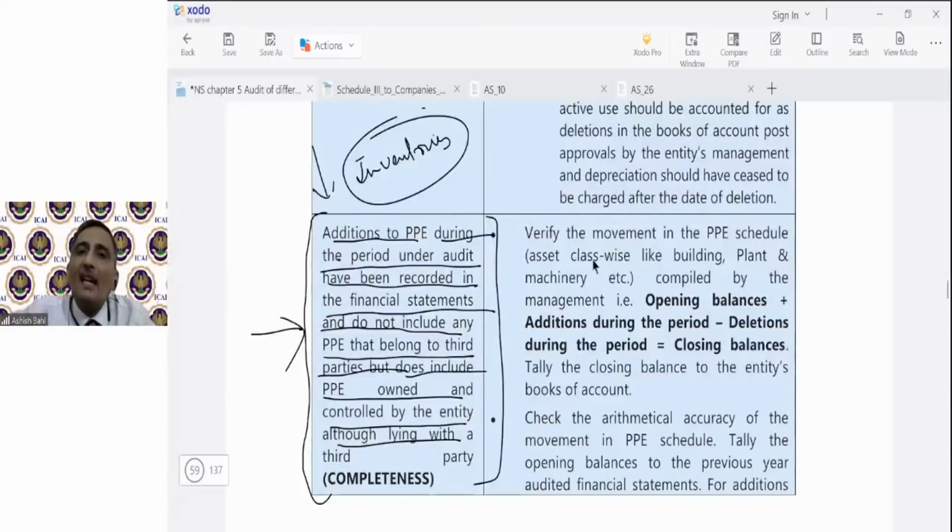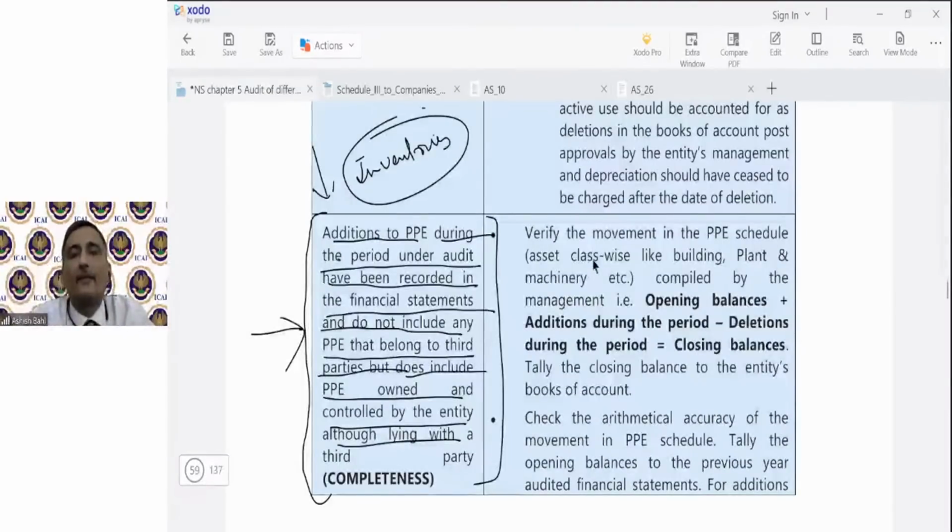Similarly, any inventory which is although lying with the company, with the entity of which you are auditor, but it belongs to the third party, then it is not to be included. So similar is in case of